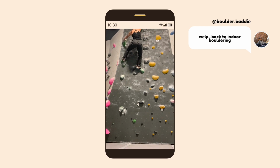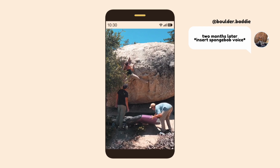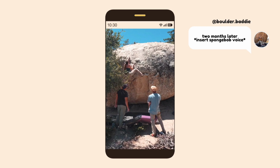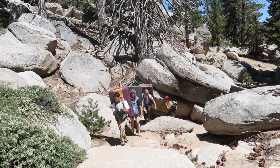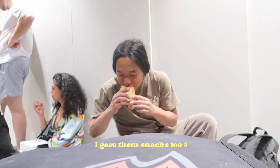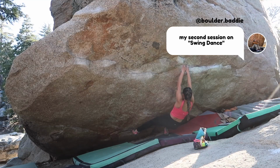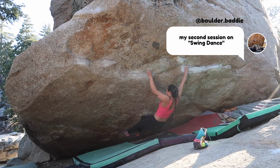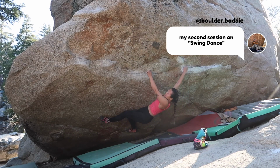lack of preparation. A few months later, a group of experienced outdoor boulderers took me outside for the first time, and I had a really positive experience with them. They taught me how to find a boulder, identify a top out, and how to spot. But more importantly, they gave me snacks. Fast forward a few years later, I go outdoors every single weekend now, and have made outdoor bouldering my primary